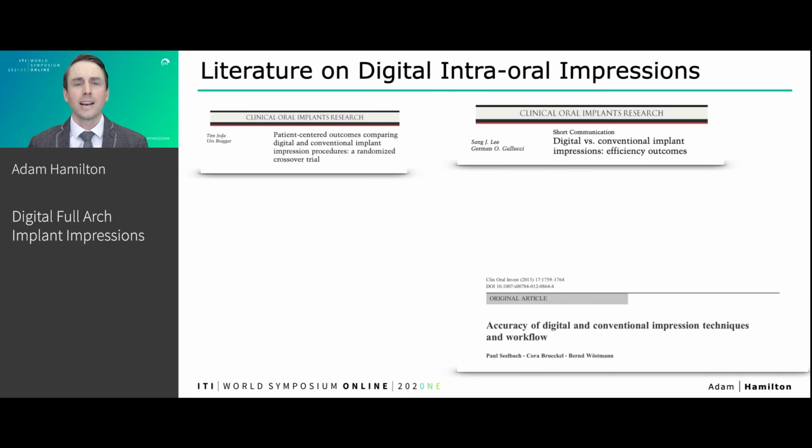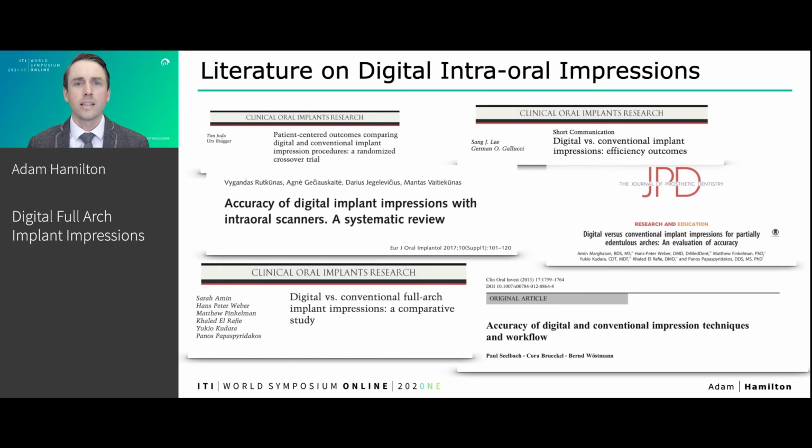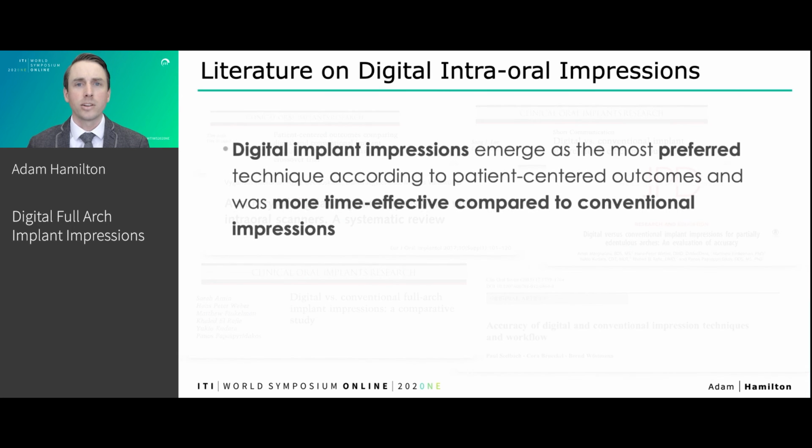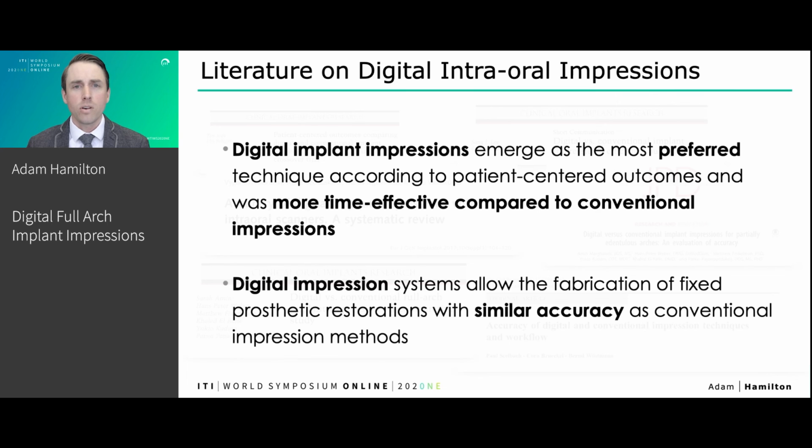So let's begin here understanding the literature out there on digital implant impressions. And there is a growing number of clinical and also laboratory in vitro studies that assess the accuracy and precision of digital implant impressions. And there's 2 really common themes that we're finding in the majority of studies. One is that digital implant impressions, specifically for single implants or partially edentulous patients,